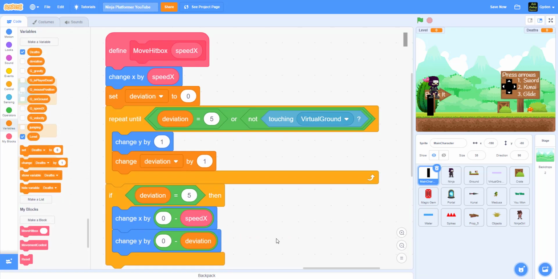Okay, so this moves the hitbox and makes it go down